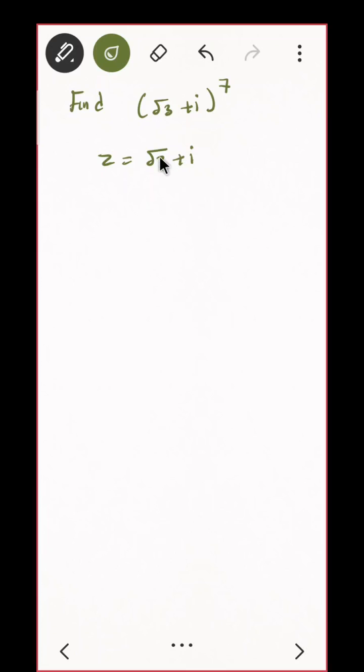In which quadrant is this? First quadrant, so there is no problem. Start. What is your x and what is your y? Oh, I wrote both. So what is the value of r? It is the square root of root 3 squared, which is 3, plus 1, so this is root 4, that is 2. We got r. And what is theta? Theta is tan inverse of